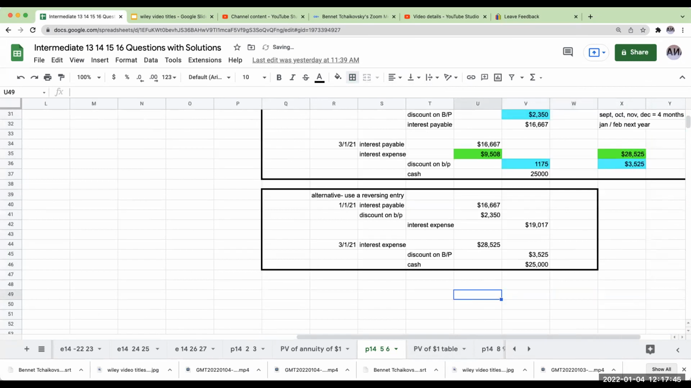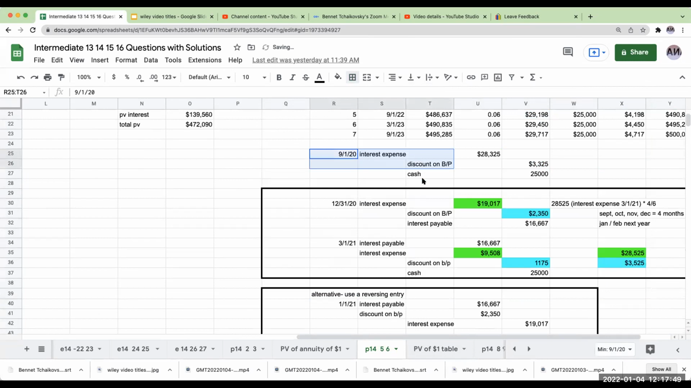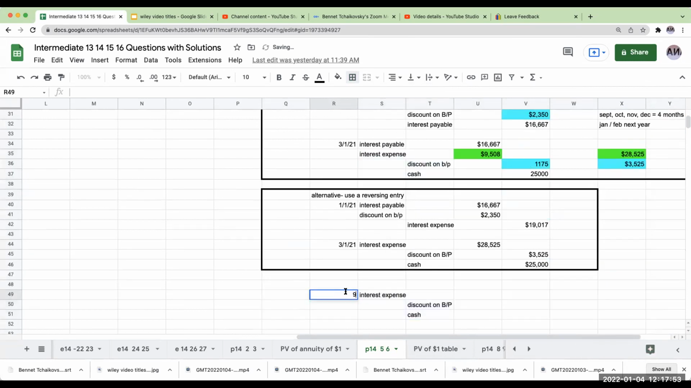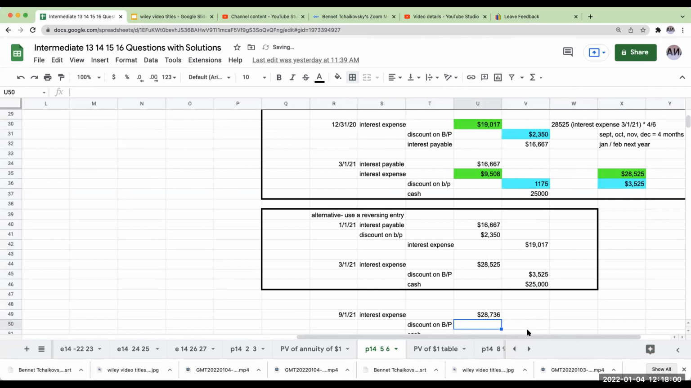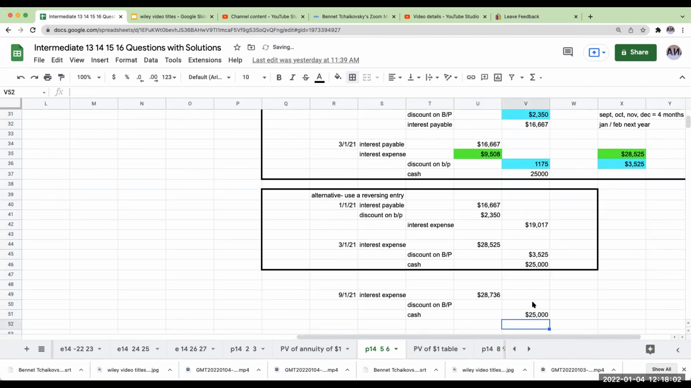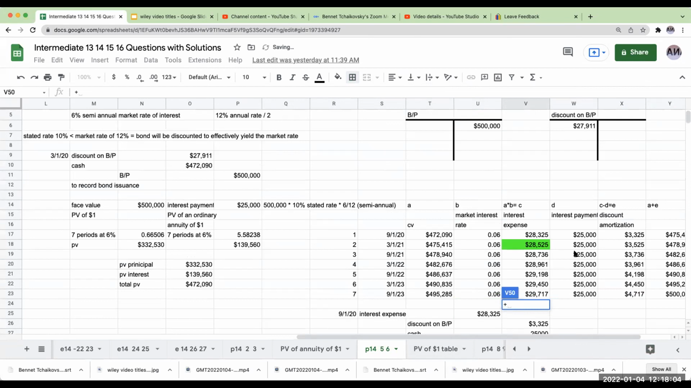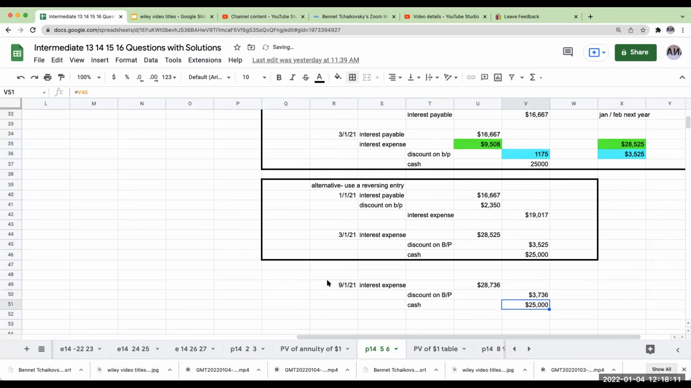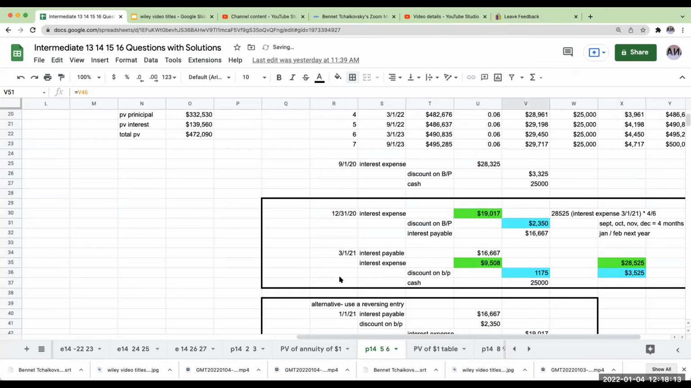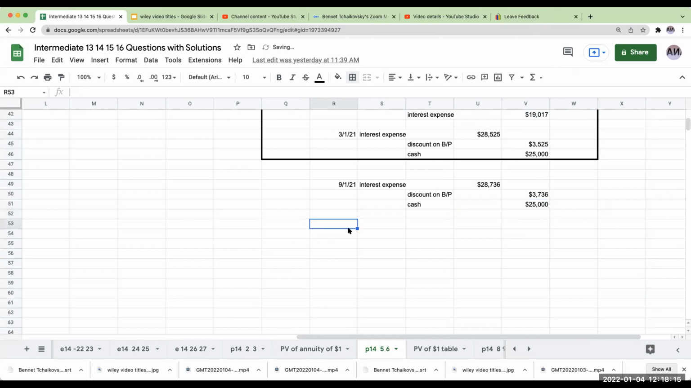For over here, my next interest date is going to be 9/1/21. I'm going to debit interest expense for 28,736. My cash payout is always going to be 25,000. Then I'm going to be crediting my discount for 3,736. Okay, so for my next part over here on 12/31/21,